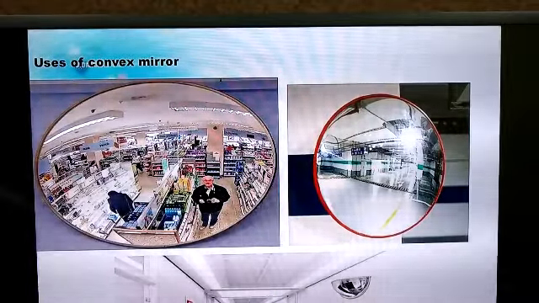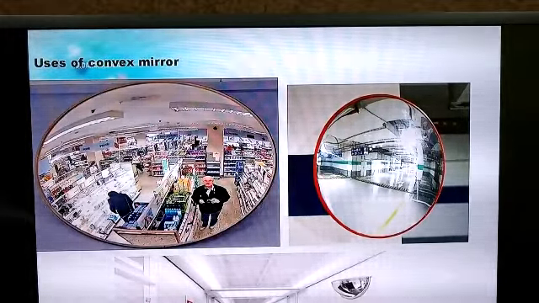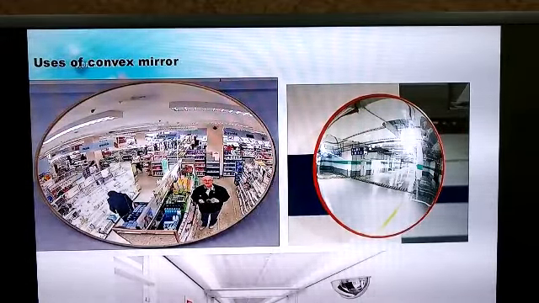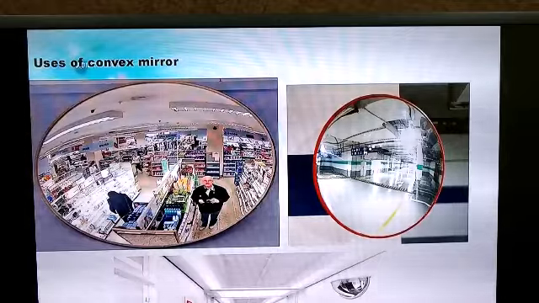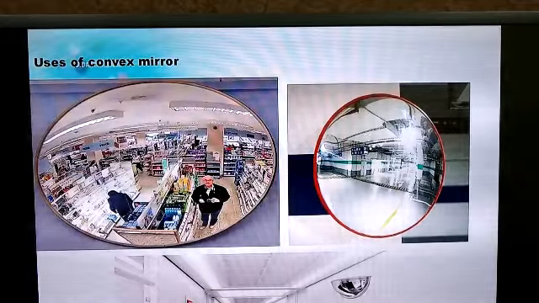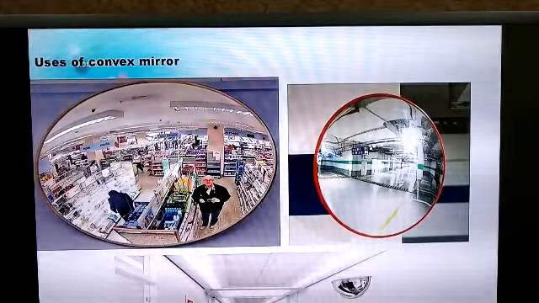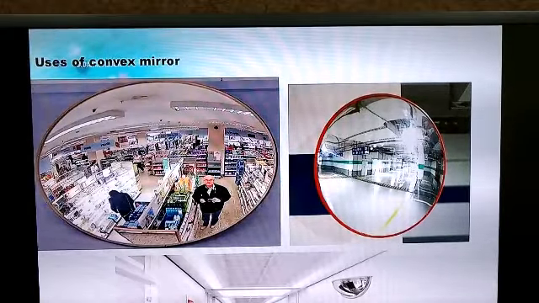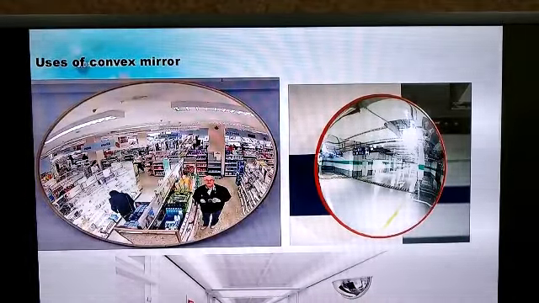Convex mirrors are also used as security mirrors in stores because they show a wide range of view with their smaller virtual image. Also, large offices, building premises, hospitals make use of convex mirror to let the people see around the corner so that they can avoid running into each other and thereby preventing any kind of collisions. Also, you will find a convex mirror in the ATMs, and that is for security purposes, so that the bank customer can check if someone is standing behind him.